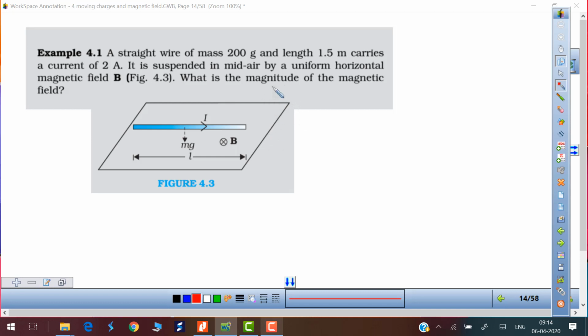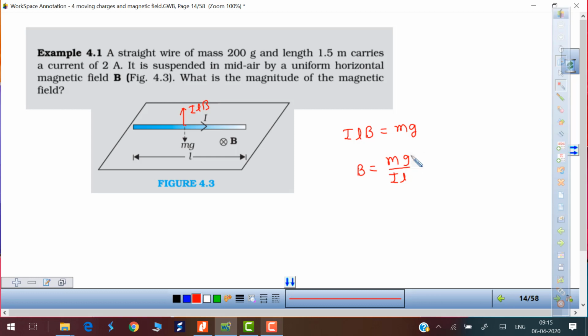So now today we solve these very simple problems given in the text. So this problem we discussed during the theory. This downward force is mg, and when we pass the current, it experiences a force in the upward direction, ILB. So if you compare ILB is equal to mg, you can find out what is the magnetic field, mg upon IL. These are very simple, so I am not writing all the steps. So you put the m, you put the value of g, I and L.